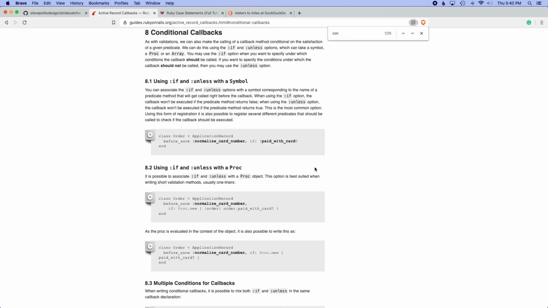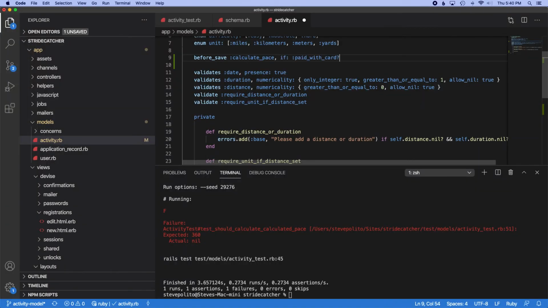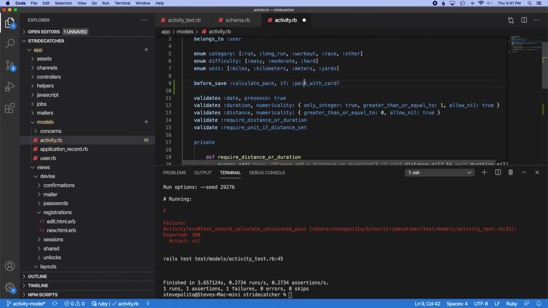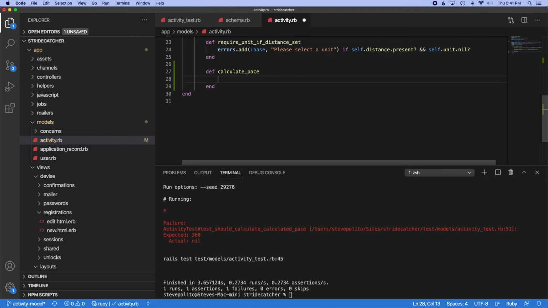Conditional callbacks. So I wonder if I could just do if unit... I honestly don't know if this is gonna work. I feel like it's not. I'm trying to see if the unit, well, you know what we'll do? Let's not worry about making it look beautiful. Let's just do if self.unit